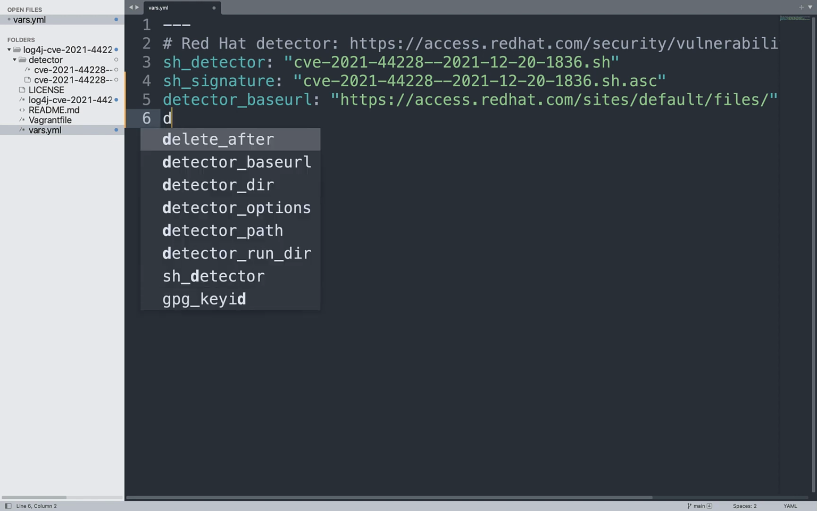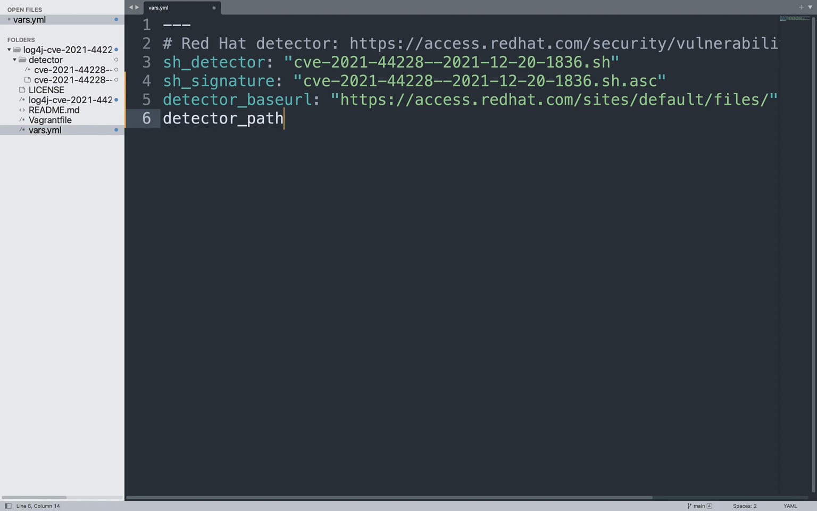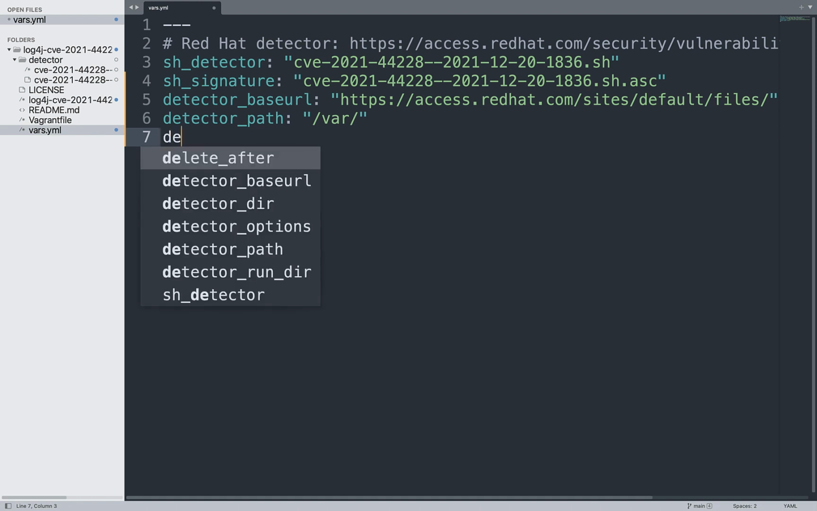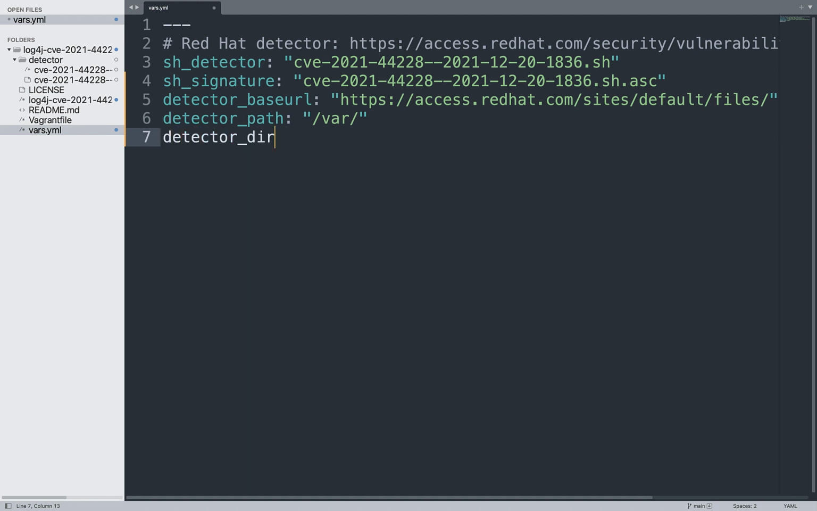After this, I would like to define detector_path that will be the file system path to scan. Let me put default to /var, because probably the web app will be under the var file system. Bear in mind that the detector script needs to be in a different path. Exactly, I'm going to download it